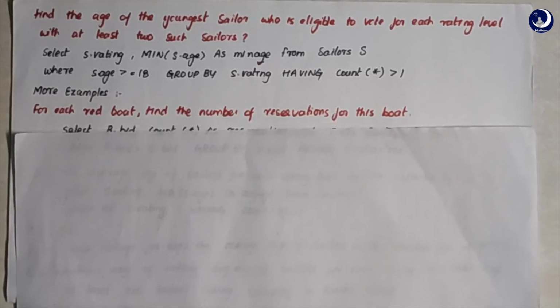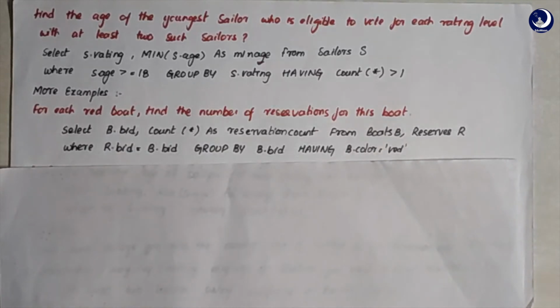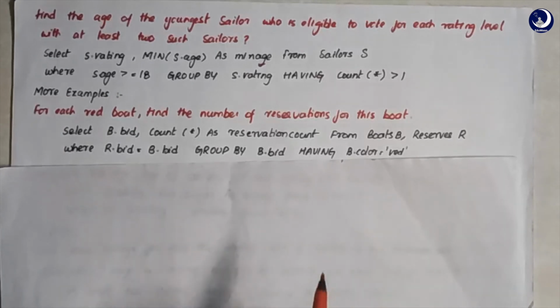Then we'll look at the group by and having clause. So the query would look like: select b.bid and count star as reservation count from boats B, reserves R where r.bid is equal to b.bid. In the group by, we are taking b.bid having b.color is equal to red. Observe one thing, in the having clause we have b.color equal to red, and we also know that each boat can only be colored in one color. So with this qualification we only have a single valued property with the bid, but we are making use of bid only because this is the unique value in the boats table, and only with that we can identify the color.